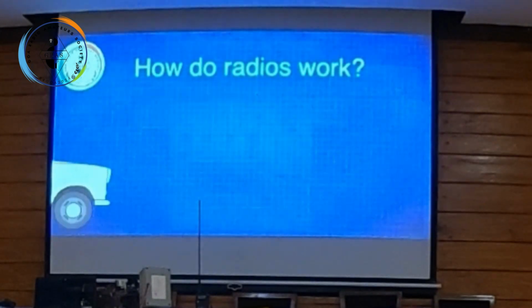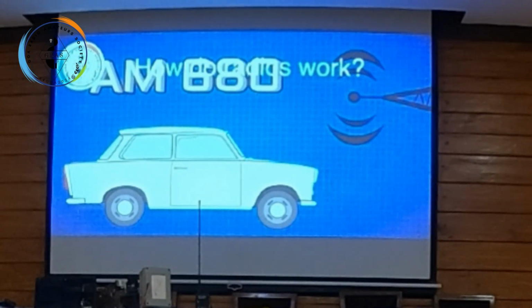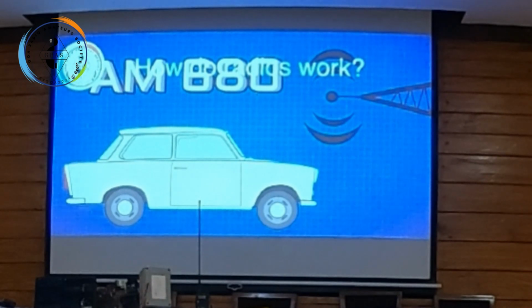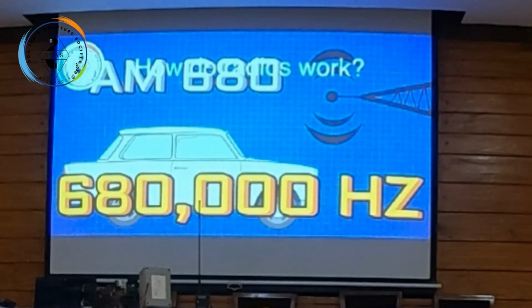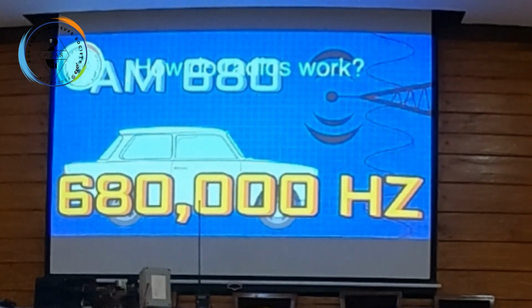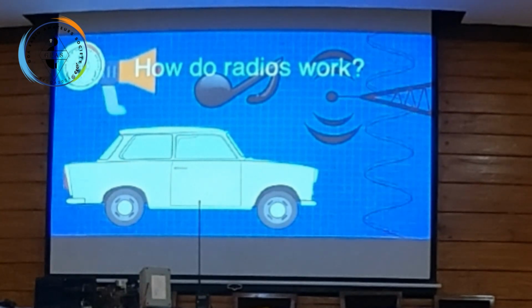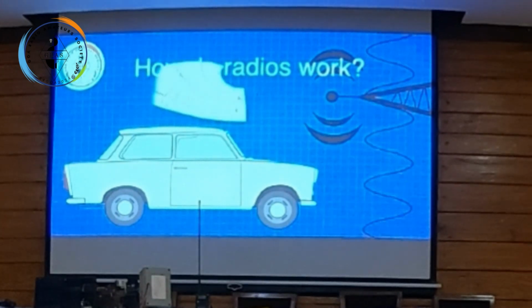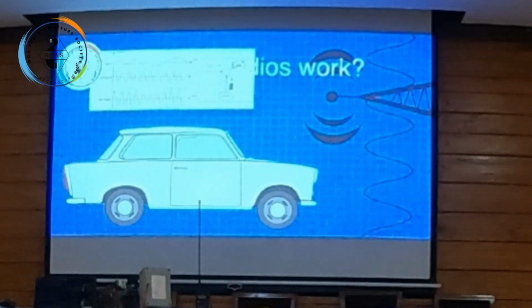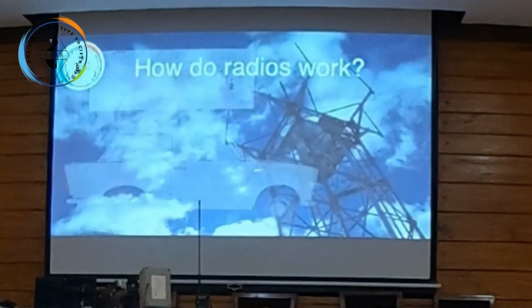Bringing all of these different techniques back into the real world, we can begin to understand them a little further. If you sit in your car and tune your radio to AM 680, that means that the transmitting station was operating at 680,000 hertz, meaning that the sine wave repeats 680,000 times per second. The voice of the speaker or the music on the transmitting side is modulated onto that wave through amplitude modulation. Then, the signal is amplified up to 50,000 watts for larger AM radio stations and then sent into space utilizing